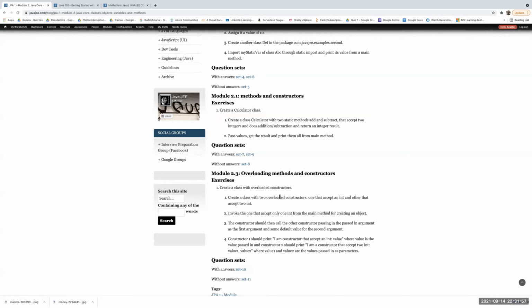If you have multiple methods with the same name but different parameters, that is called overloading methods. And then we saw overloading constructors in our example, right? Based on what we pass, there might be a constructor that does not accept anything. There might be a constructor that accepts 2 parameters. Based on what we pass, Java will identify which one to call and it will call accordingly. So that is called overloading of methods and constructors.